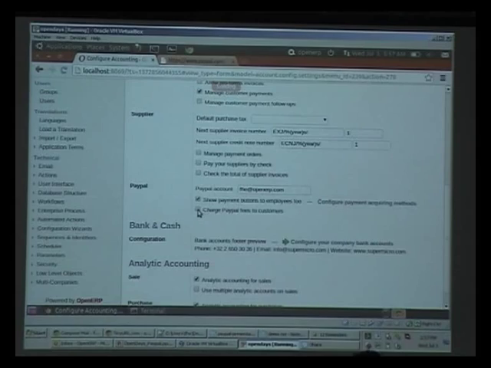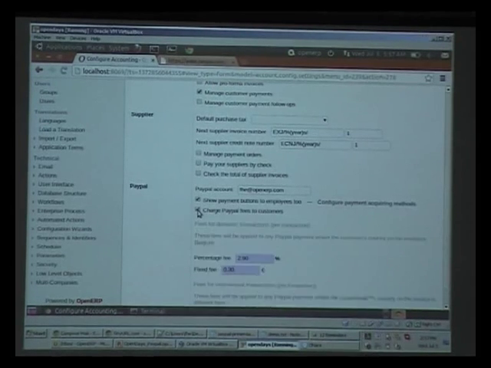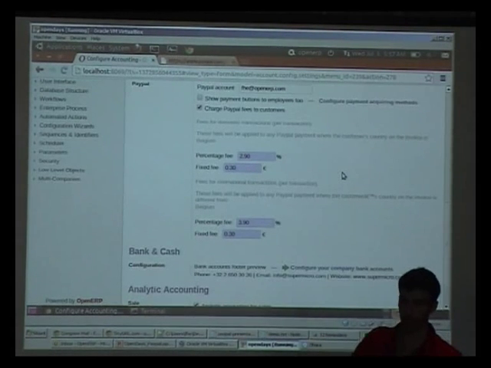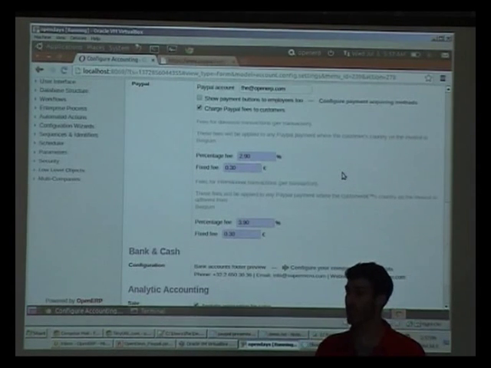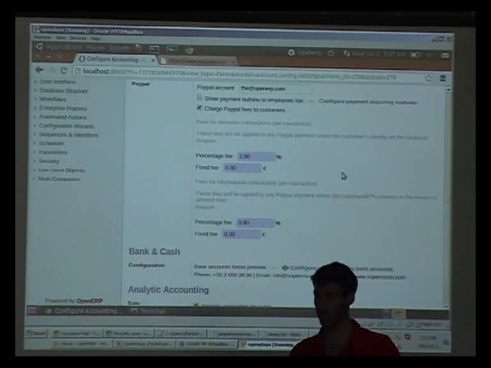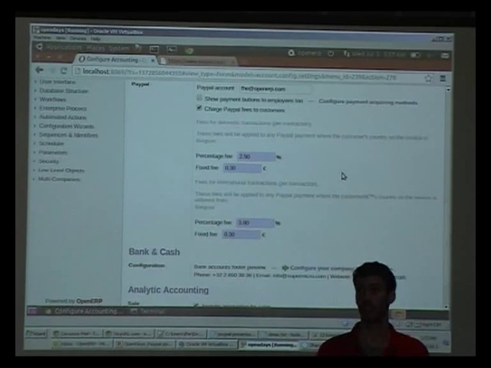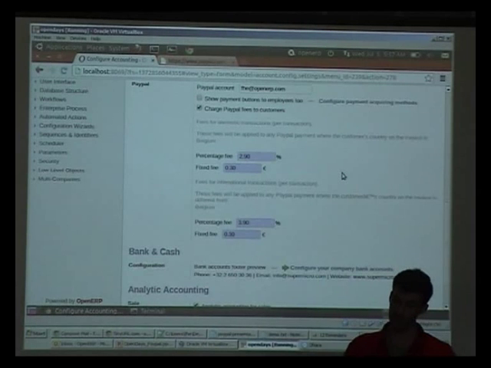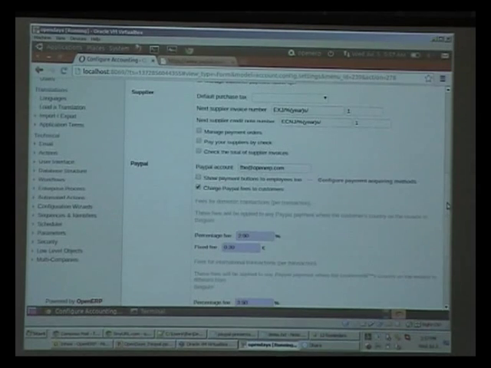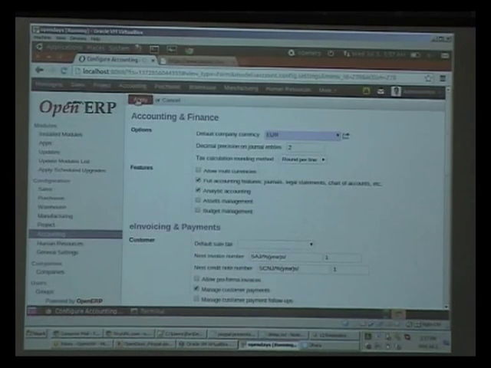And this is a checkbox, so I charge PayPal fees to customers. And you see that I have my domestic transaction fees with 1% and one fixed fee. And typically with PayPal, it depends on the countries, but typically it would be 2.9% and then 30 cents on the total of the transferred amount. And for international transaction fees, it will be 3.9% and then 30 cents. So if you do this, that you apply,